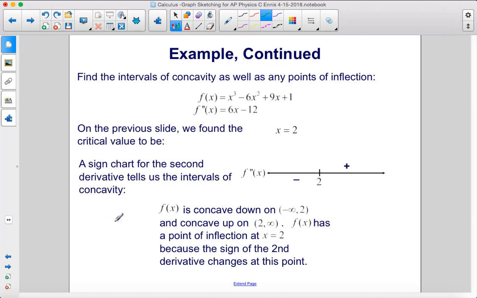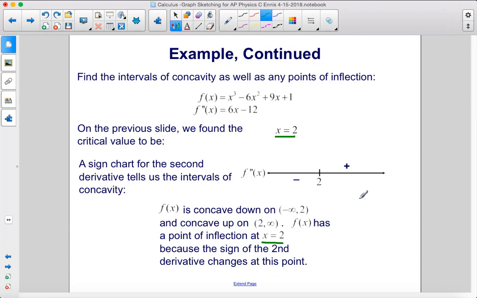Find the intervals of concavity as well as any points of inflection. So we have our original function and we have our second derivative. On the previous slide, we found the critical value to be x equals 2. A sign chart for the second derivative tells us the intervals of concavity. So f of x is concave down on negative infinity to 2, and it's concave up on 2 to positive infinity. F of x has a point of inflection at x equals 2 because the sign of the second derivative